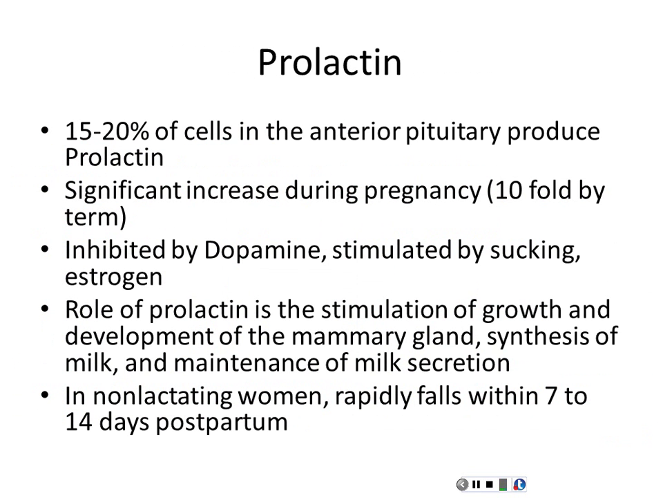So prolactin: 15% to 20% of the cells in the anterior pituitary produce prolactin, and as I mentioned before, there's a significant increase during pregnancy, which contributes to the increase in volume of the pituitary gland during pregnancy. It's inhibited by dopamine and stimulated by sucking as well as estrogen. The role of prolactin is the stimulation of growth and development of the mammary gland, synthesis of milk, and maintenance of milk secretion. Now, in patients who do not breastfeed, the prolactin levels rapidly decrease within 7 to 14 days